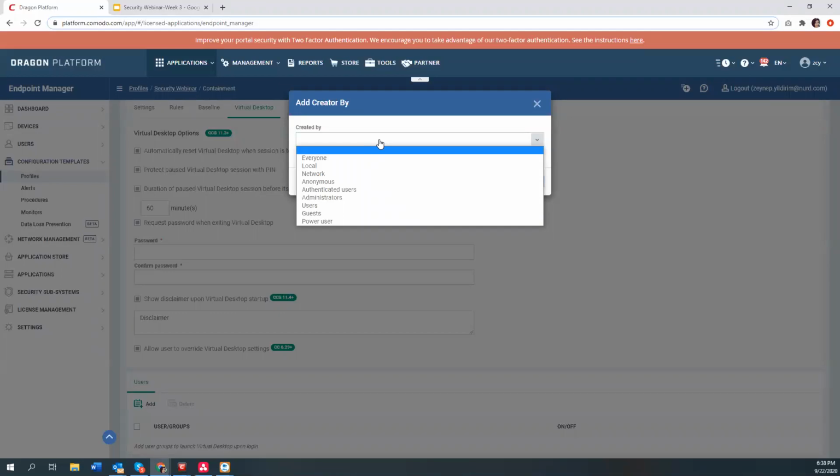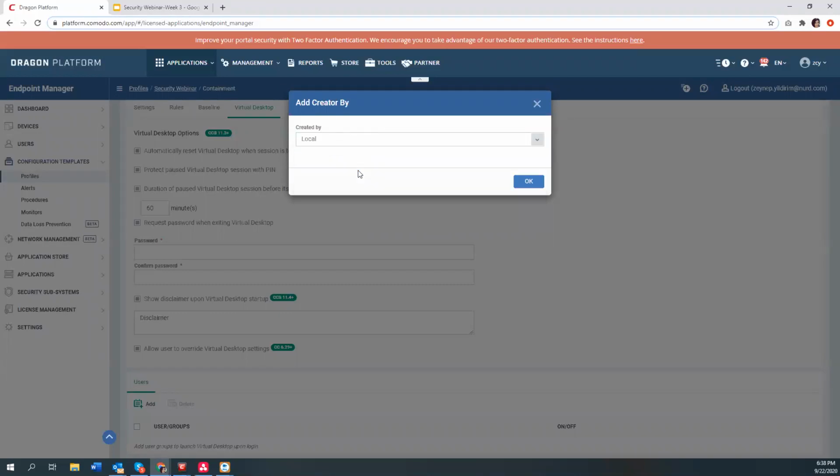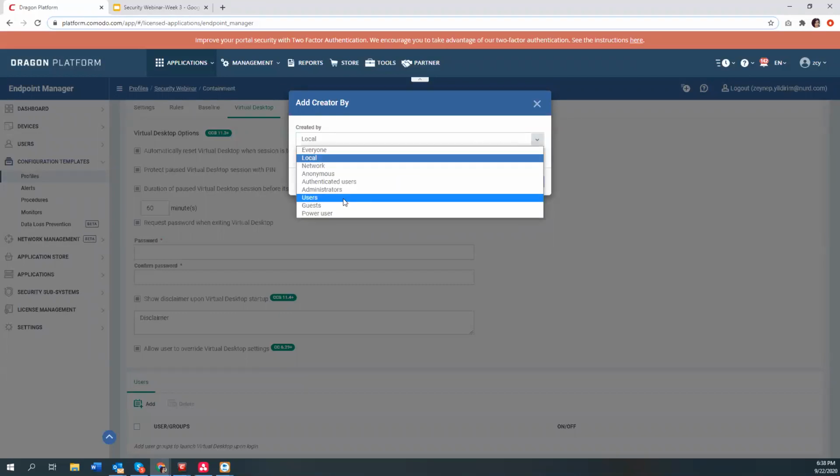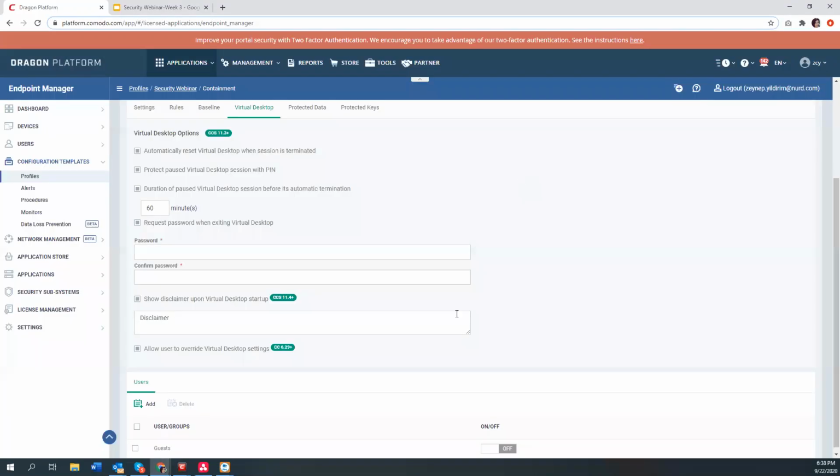This setting is especially useful for guest users, for public computers in libraries or classrooms, etc. You can open their computers basically in a virtual desktop environment. I can add users, guests, basically,